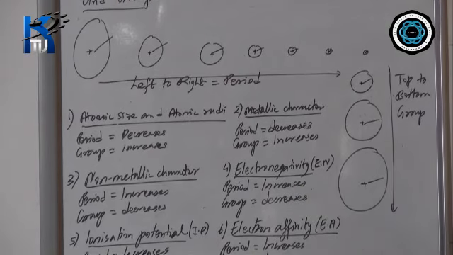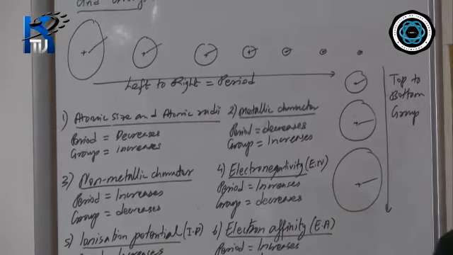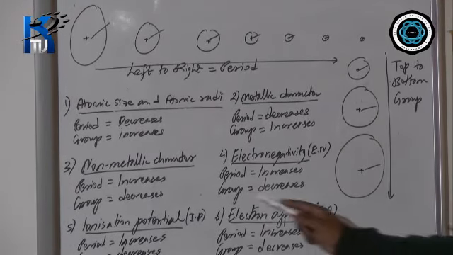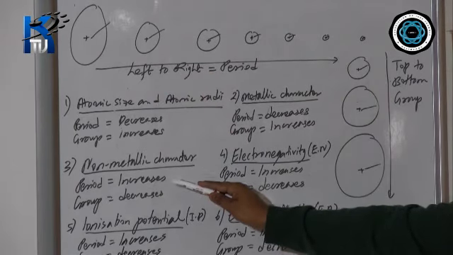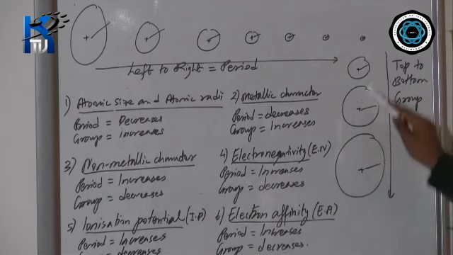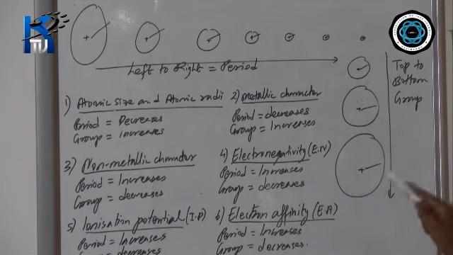Now we go to the electronegativity. Negativity is the character of a bad person, means is the character of a non-metal. So in a period, since non-metallic character is increasing, so negativity will also increase. In a group, non-metallic character is decreasing, therefore electronegativity will also decrease.